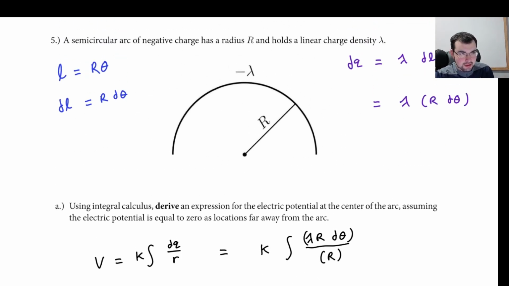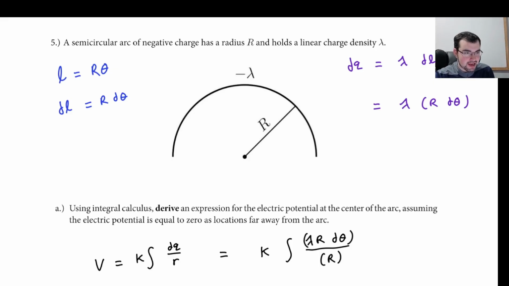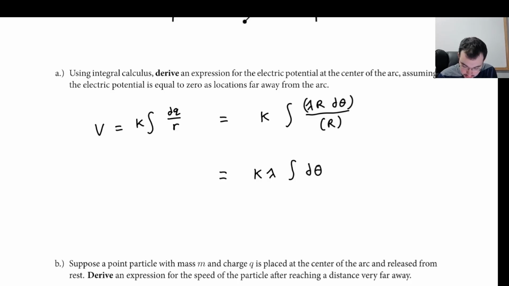So now we can go back up here and look at theta. It has to be measured in radians as part of the arc length formula. And if we just look at how much angle we sweep out, first, our smallest circular arc is just going to be this segment right here, which is 0 in radians, right? And then if I sweep all the way up here, this angle makes pi over 2, but then I continue sweeping all the way over here, which makes pi. So this is a full half circle. So my angles go from 0 to pi. So we get k times lambda times pi